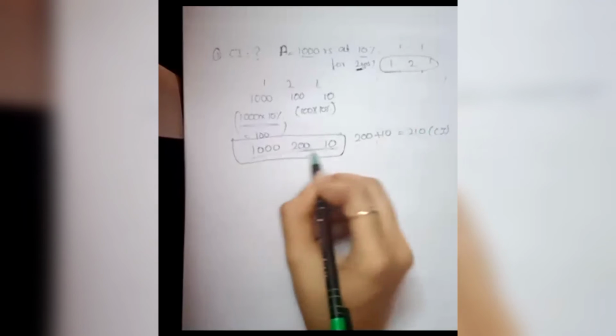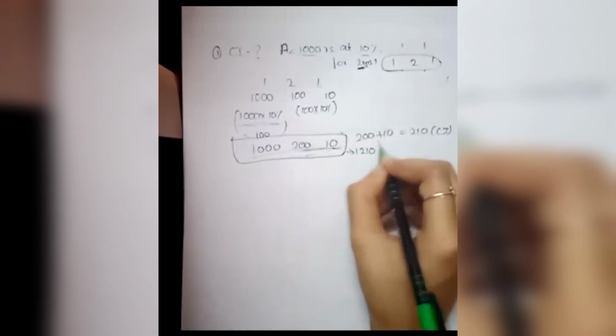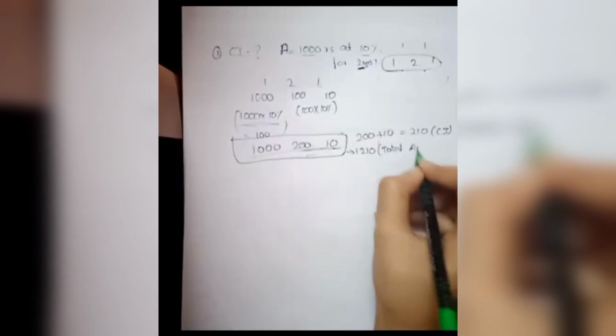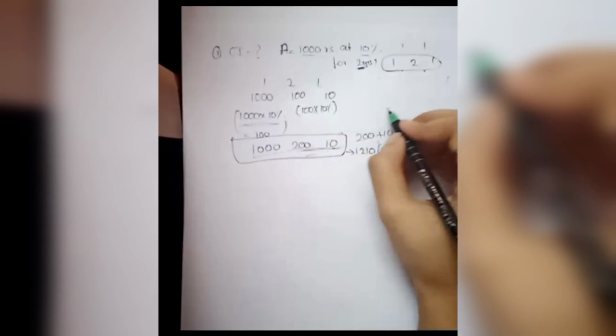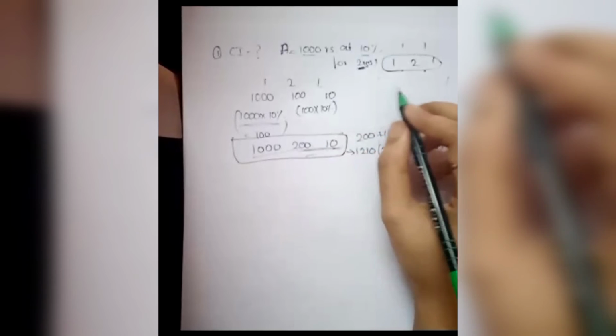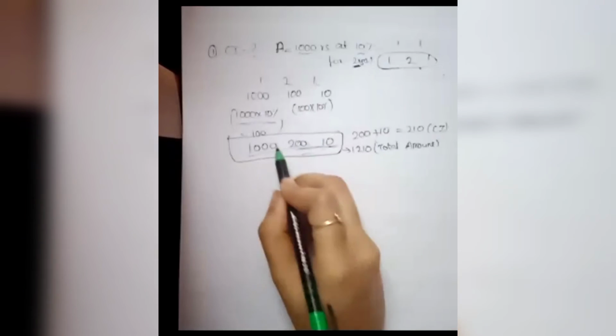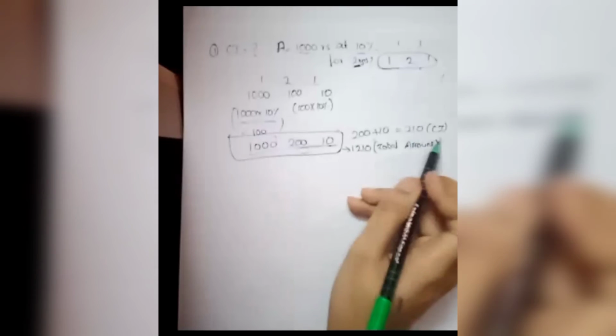If you add these 3, that is the total amount. You have studied earlier, right? Earlier we saw some formulas. In that, they have given CI is equal to amount minus principal. So if you add this, this is the total amount. If you subtract the principal, this is the compound interest.